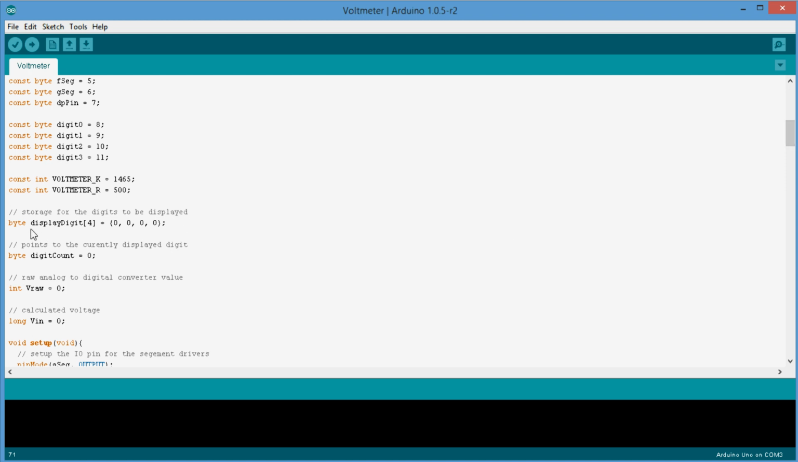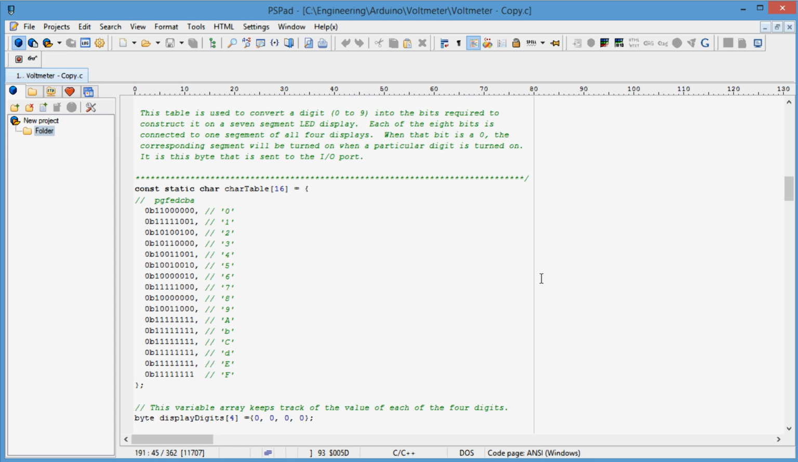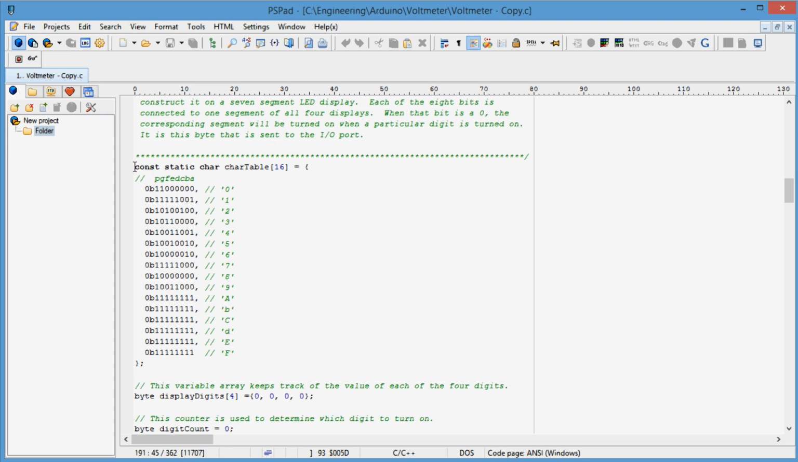So you remember in my description of the software, I created this array of bytes, display digit, and I told the compiler to set aside 4 of them, and I assigned them all 0. I could put any number in here if I wanted to. So if I go back to this other copy of the software that I have, what I've done here is I've created another array, a char array. A char is still a byte, it's still the same size. And I told the compiler to put aside 16 of them, 16 bytes,